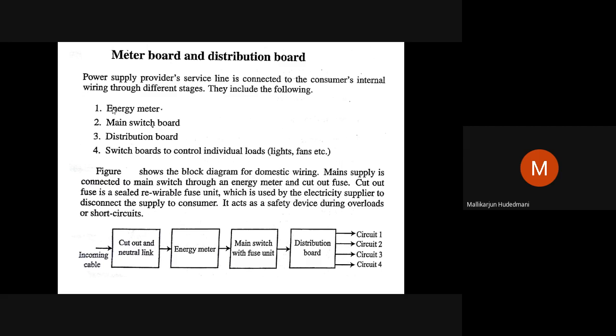Whatever the gadgets I have, I have to power them effectively. Therefore, energy meter wiring provides the connection from the supplier board to the energy meter. From the energy meter, I will take it to the main switchboard or distribution. These can be common also. From here, 2 wires, 1 line, 1 neutral.